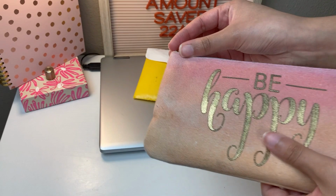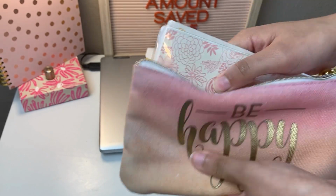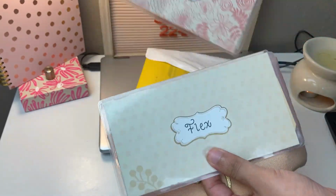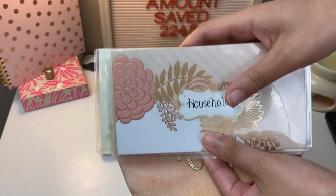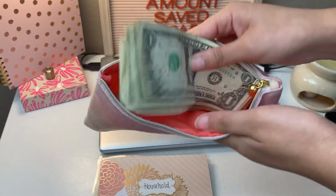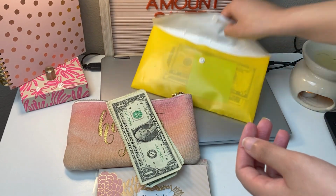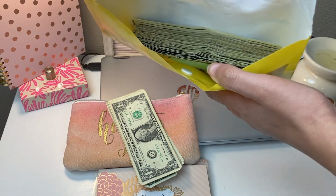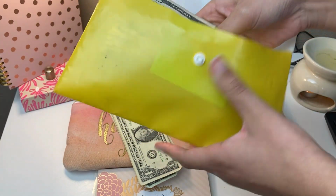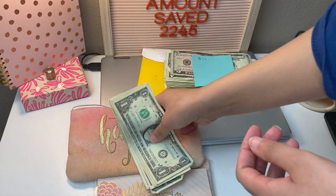So I'm going to share with you guys how much I was able to save this time around. All right, so since I'm a few days late, I'm obviously not going to show myself stuffing my new cash envelopes because I already did that. But once again, I use Fun, Flex is for beauty because I lost my beauty envelope, and household. And I left the ones that I came under budget last pay period. So I'm going to count those out and then put it in here with the rest of these ones that I came under. And I wrote down my balance this time around so that I would remember. But let's go ahead and see